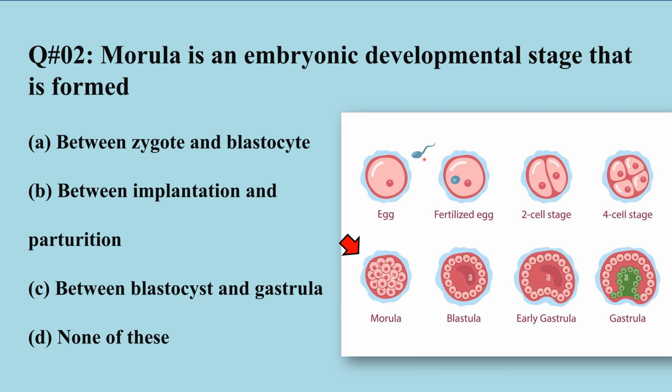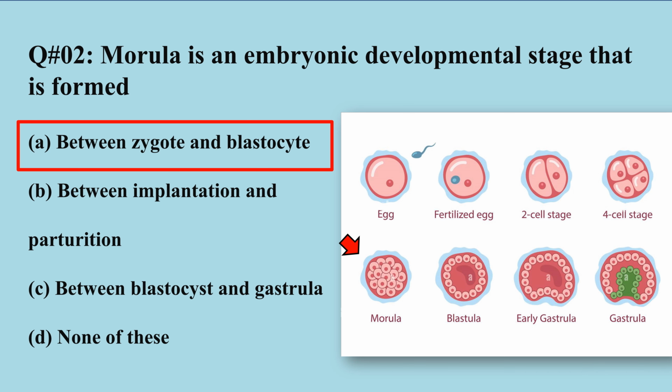formation, egg and sperm. There is the fertilized egg after the zygote formation. Then after that the mitosis occurs. This one cell divided into two, and then by mitosis into four, and then these four again go through mitosis, and then 8 to 12 cells. This cell is known as morula, and you can see here morula is present after the zygote formation and before the blastula. So the right option for this MCQ is option A, as this morula formation occurs between the zygote